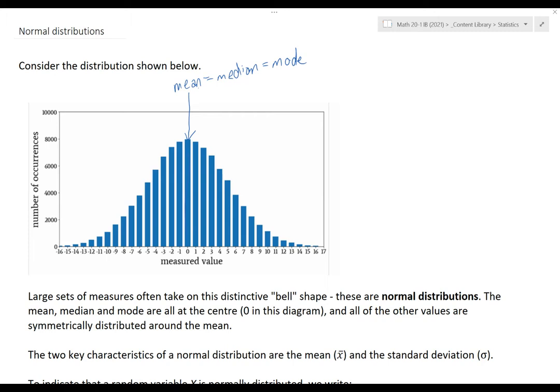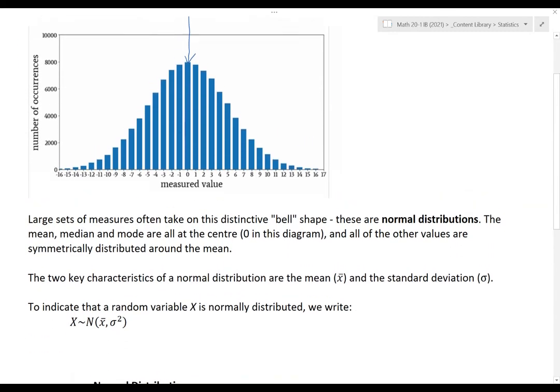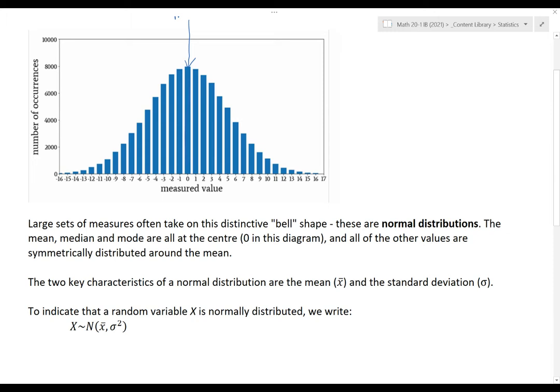So we usually define a normal distribution by its mean and its standard deviation. So those are the defining characteristics. If we're trying to show that a random variable, so x, for example, which could represent heights or grades or whatever, is normally distributed, we use this sort of notation. So that little squiggle thing means "is distributed". So x is distributed. And for the normal distribution,